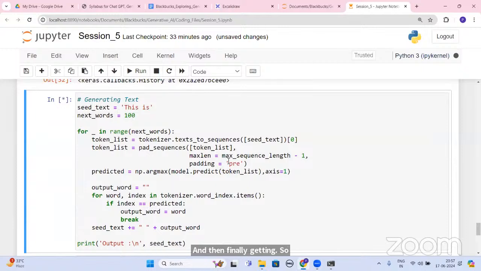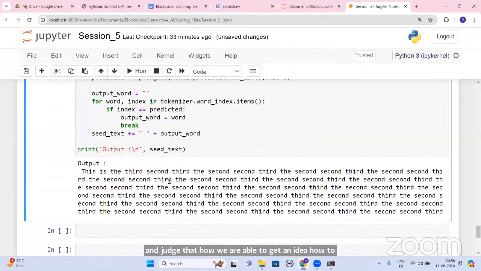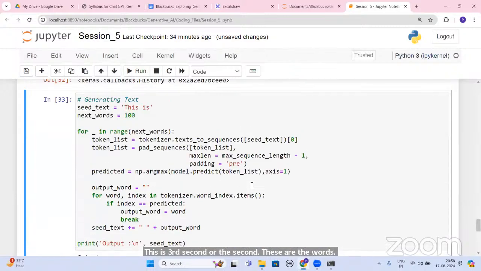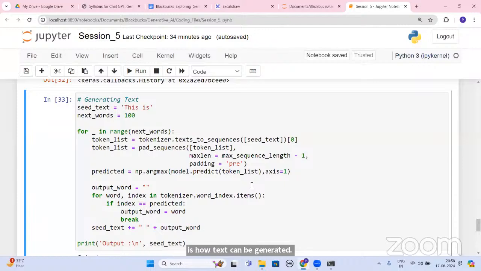So you guys can see and judge for yourself how we are able to get an idea about the predictive performance of the model. These are the words. I know that it's not up to the mark, but this is how text can be generated. What we are able to get over here is that it is generating text.